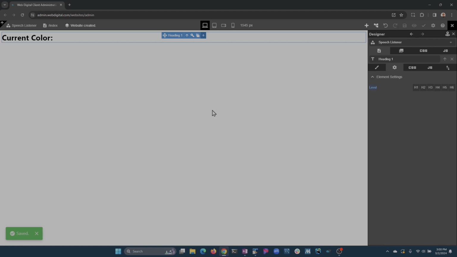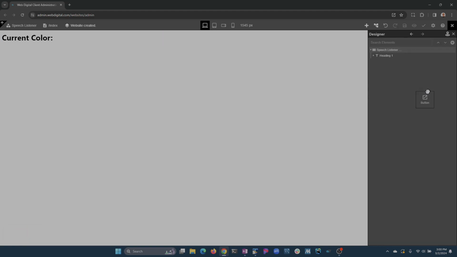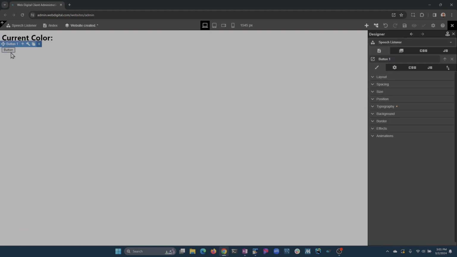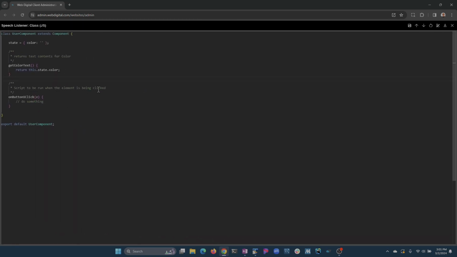So now we need to add a button to actually start listening. Let's add it over here. Let's call this listen. All right. And so this button, when it's clicked, let's add a click event handler. And so I'm just going to, let me just maximize this. I'm just going to copy and paste this code in the interest of time,